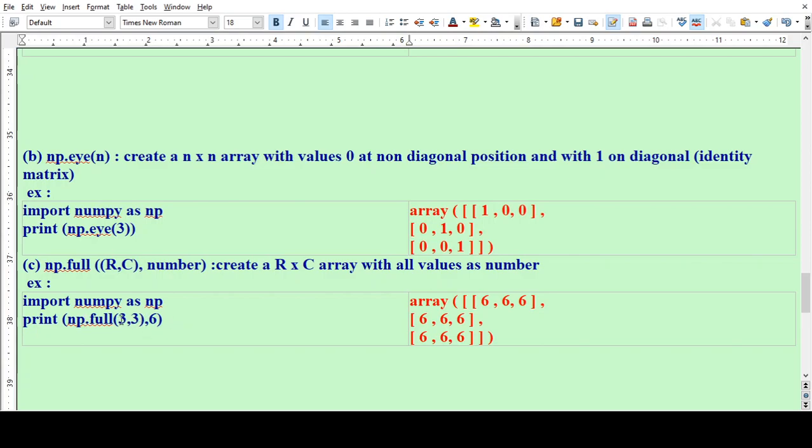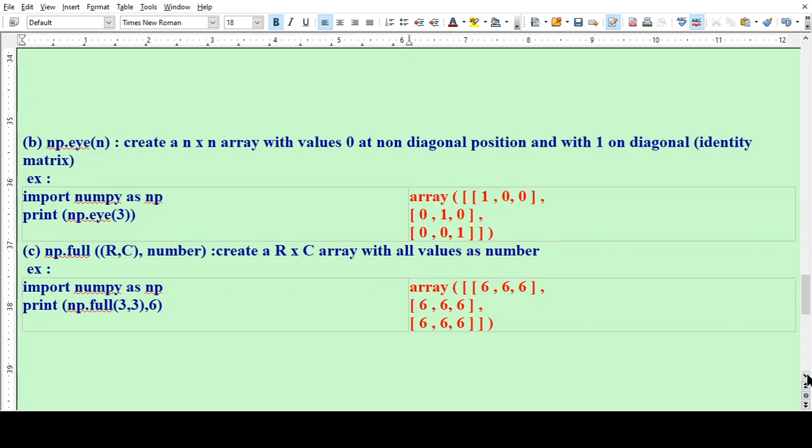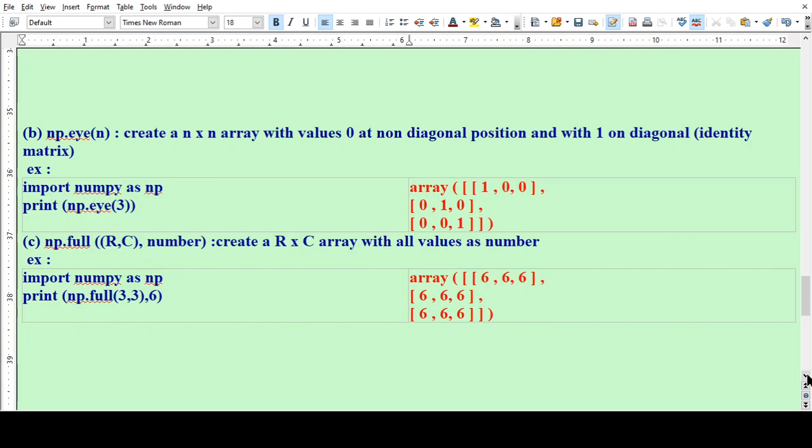This statement first creates the 3 cross 3 matrix, so you see there is a 3 cross 3 array and all the elements are 6. All the elements of this matrix are 6. Clear? So these are the useful commands or statements in Python through which you can create arrays.